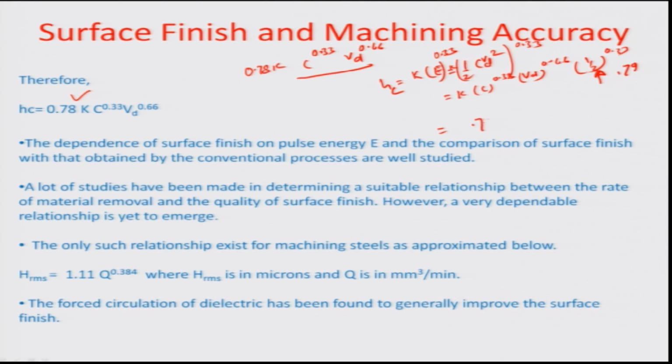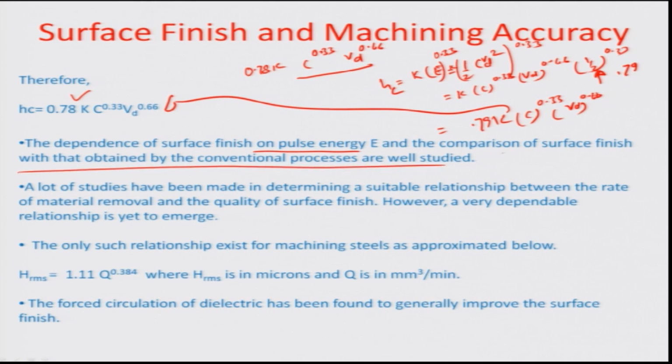So, this becomes 0.79 K C to the power of 0.33 Vd to the power of 0.66, which is actually what is being represented here. The dependence of the surface finish on pulse energy E and comparison of the surface finish with that obtained by conventional processes are very well studied, and there is also a lot of empirical study done on this as to, if I had some material removal rate, would there be a relationship between that rate and the HRMS. A lot of studies have been made